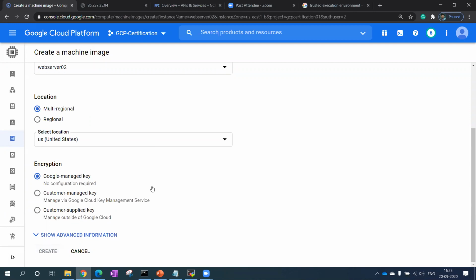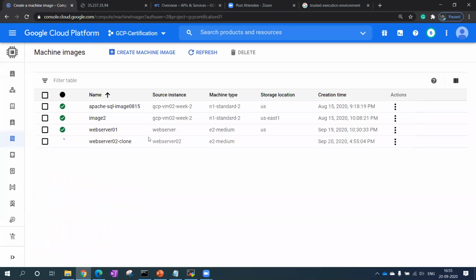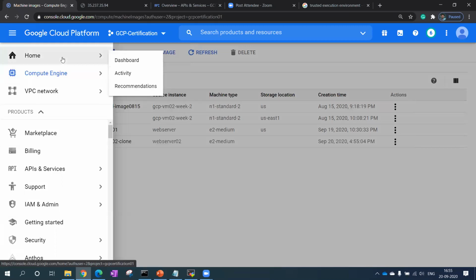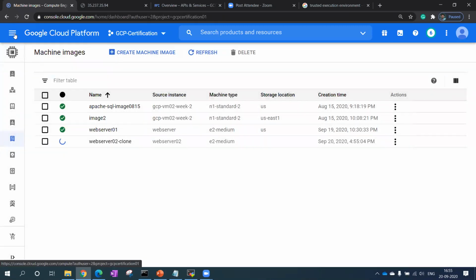It will create the image, and the image will be created over here in this section. It's very simple. But again, this is a private image. If I want to use this image, for example, I'm going to create a new instance. I'm just giving you the example.